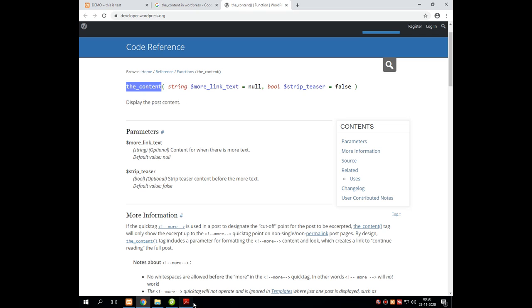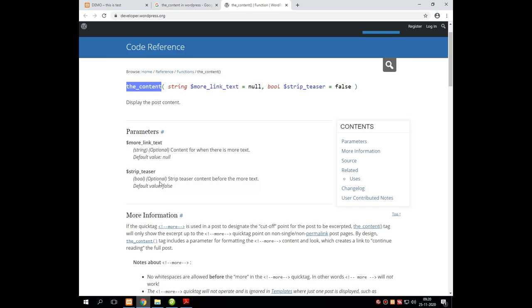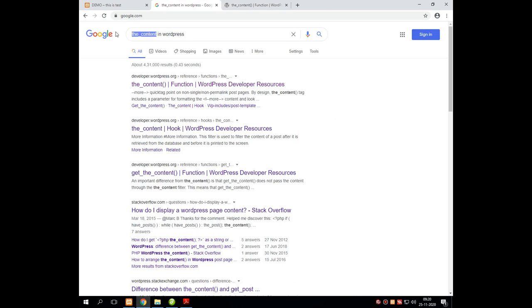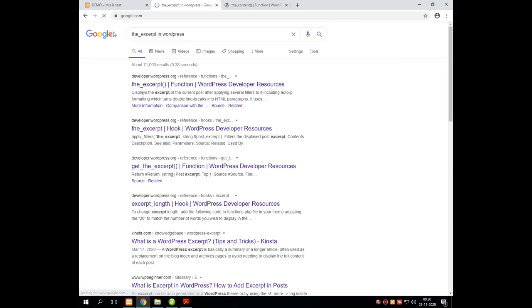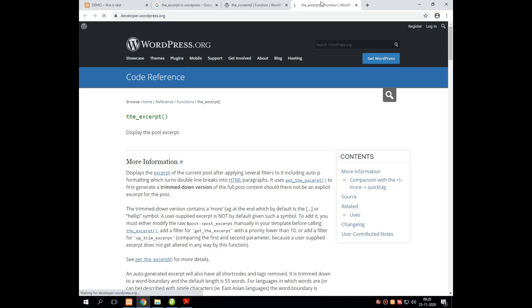Now the next one is the_excerpt. This particular function is rarely used in WordPress. The theory is very simple. This function displays the post excerpt.